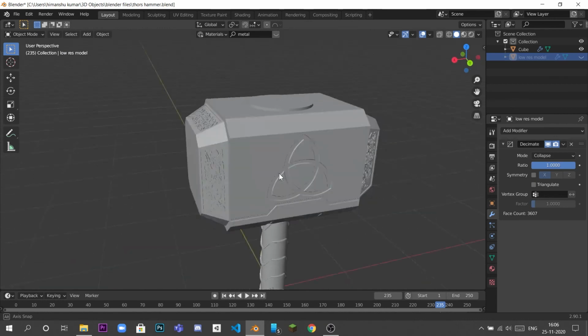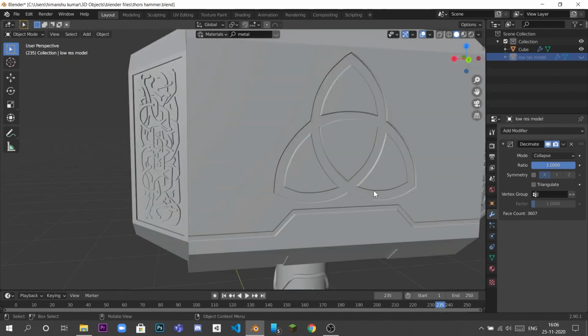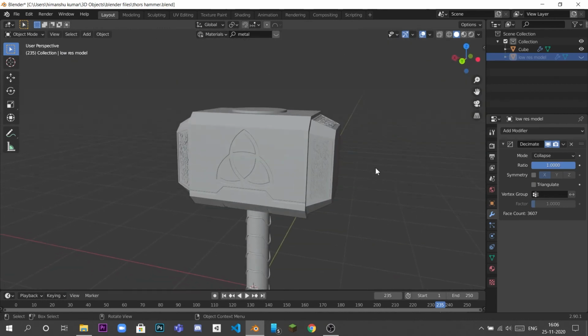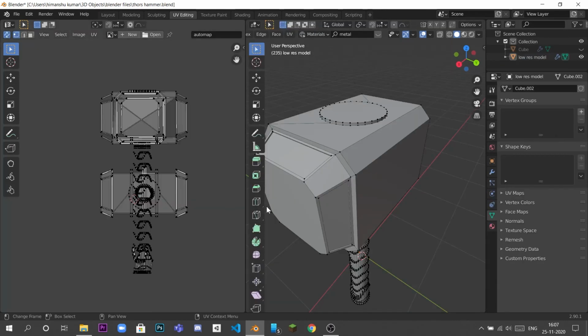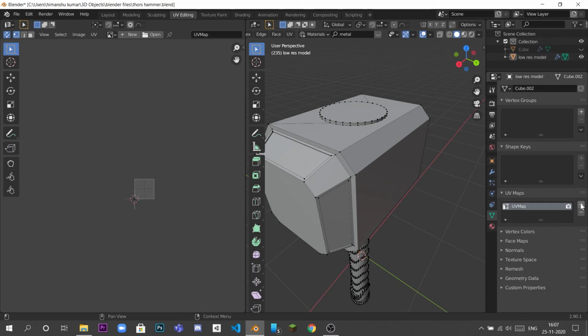the normal maps. But before baking the normal maps, it is necessary to UV unwrap the model, delete the old map, and add a new UV map. We can name it as well. As we are done with the name, we can start UV unwrapping it.